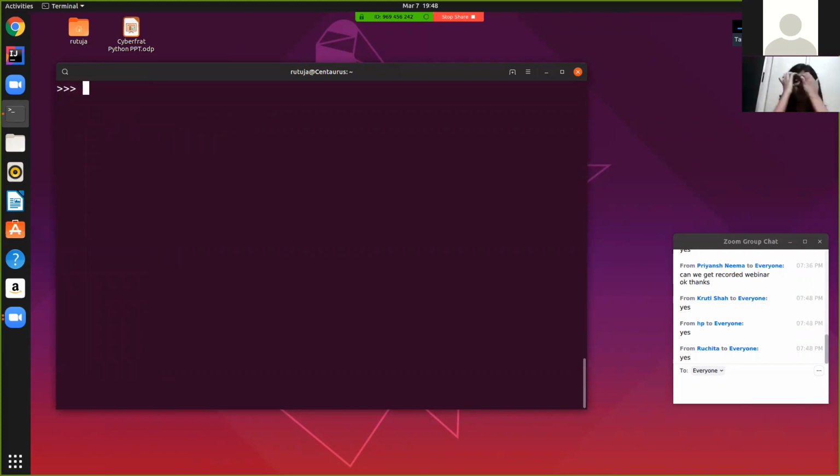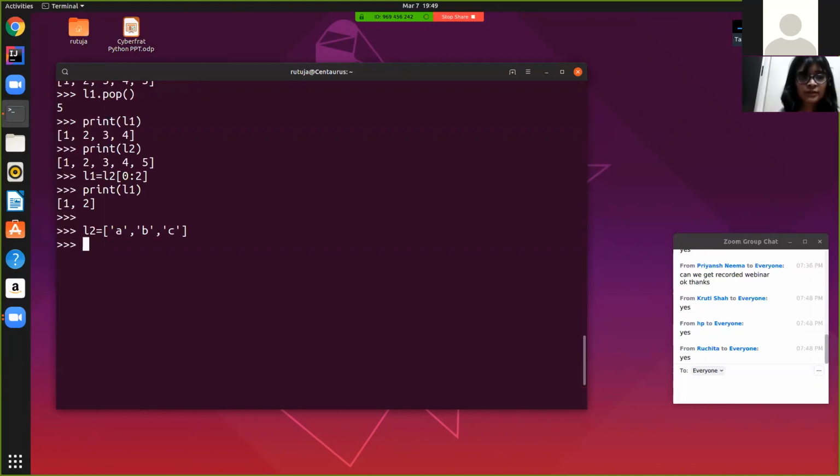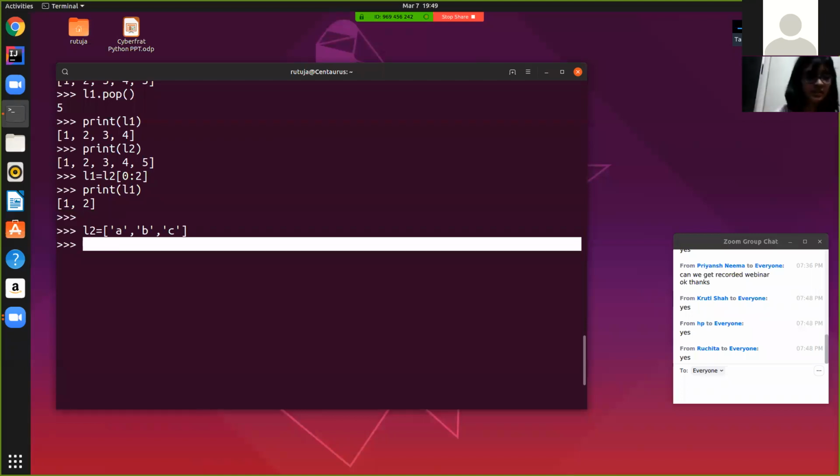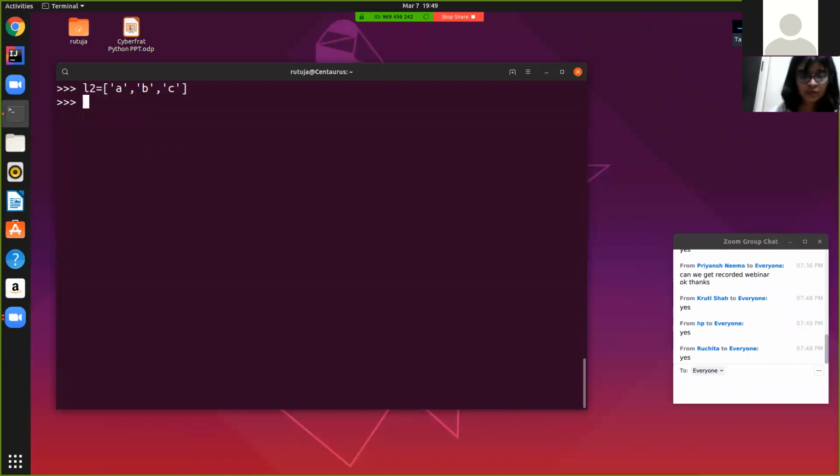What if I want to extend the elements of a list? It's a pretty interesting thing. Let's say L2 equals A, B, C. This is the list L2. And L1, for your information, let's print L1 first, which was I guess 1 and 2. So modified L1 was 1 and 2, so I don't have to mention it here once again. I'll simply write L1.extend(L2)